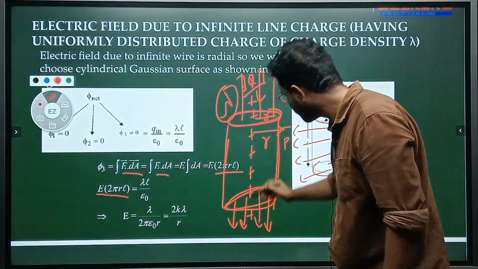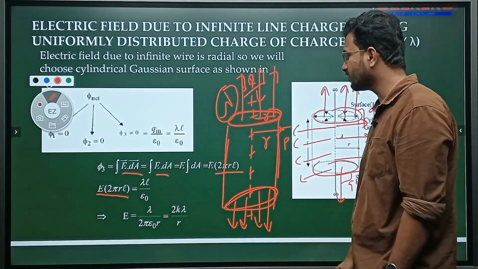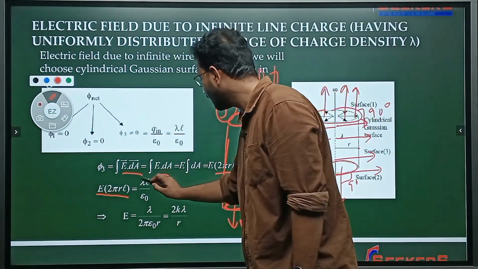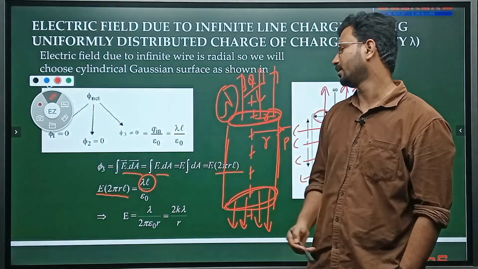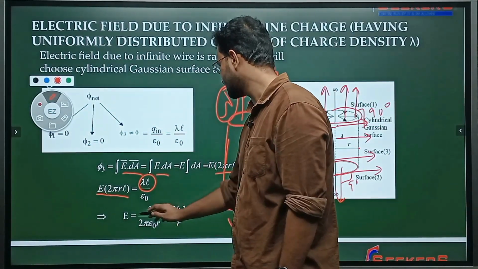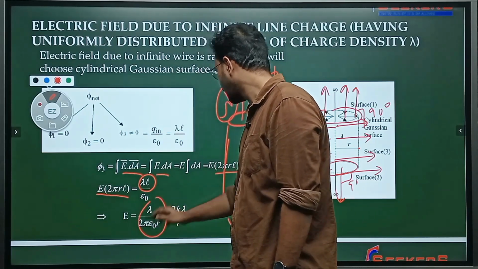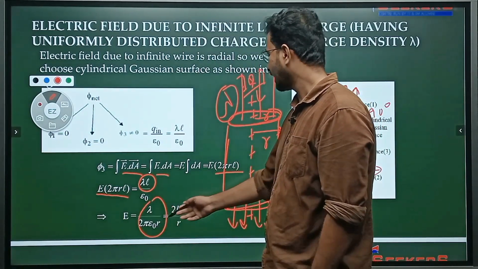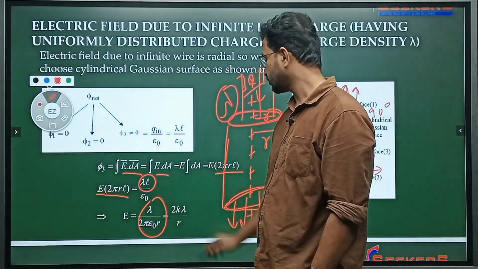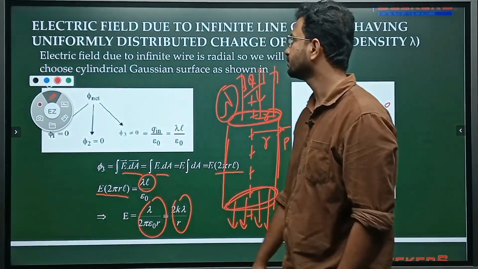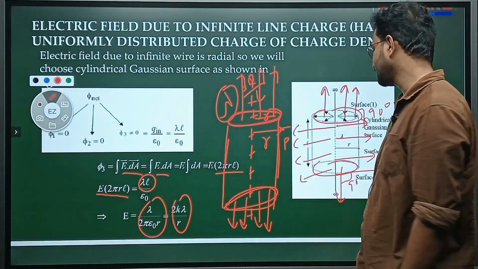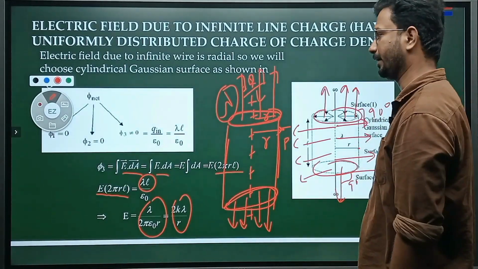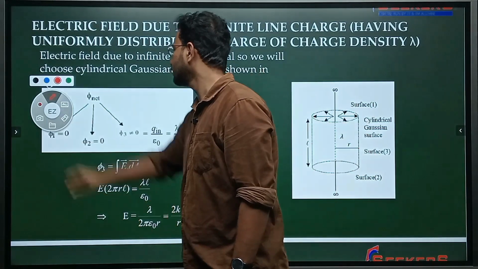How much charge is included in this Gaussian surface? That will be equal to lambda into L, linear charge density into length of the cylinder, divided by epsilon naught. So you can see that E became how much? Lambda by 2 pi epsilon naught, or we can write 2 pi epsilon naught in terms of K also. It will become 2K lambda by r. So in this way, you can find the electric field due to a linear charge having density lambda at a distance of r from it. Moving forward,